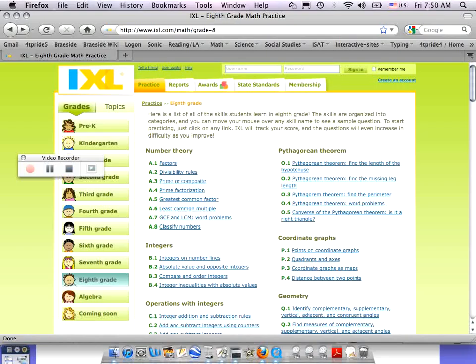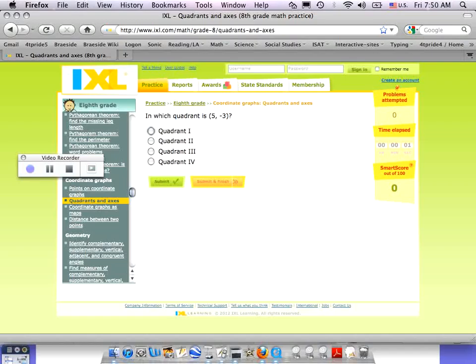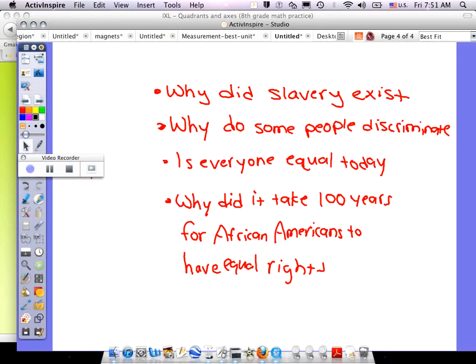If you're going to write it on a coordinate graph, you do the same thing. Just make sure you write it as x comma y. Quadrants and axes. Here's the important part that you need to remember. Now, I'm going to flip to this screen here. And when you have